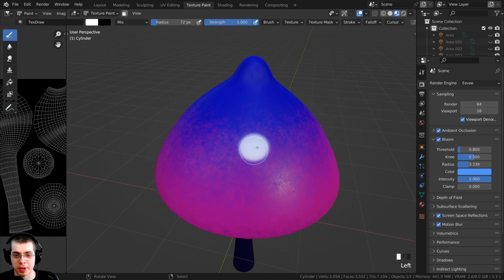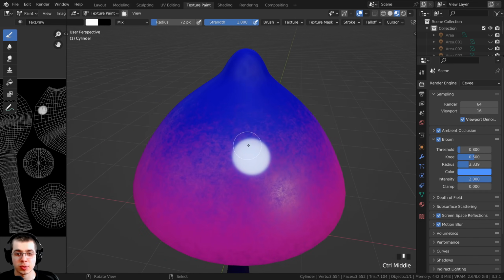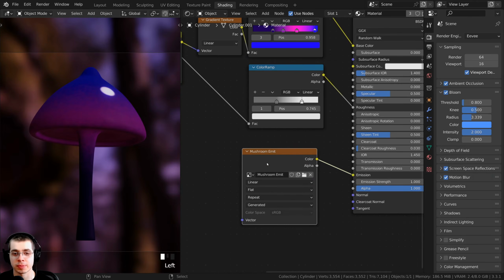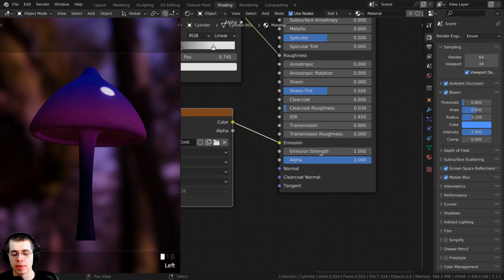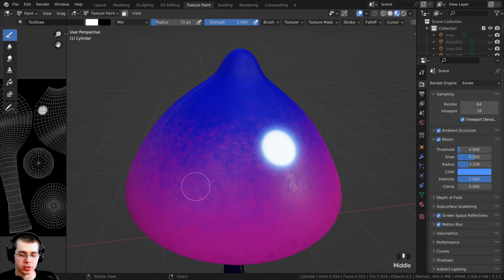So I can now just start to paint, and you can see it's actually painting emission. Now it's a little bit hard to see and I do want it to be a bit brighter. So I'm going to click right back over here to the shading workspace, and you can see right here that there is an emission strength. Right now it is set to 1, so it's not actually that bright, but I could turn the emission strength up maybe to a 4, and now you can see it's much brighter and the bloom effect is more visible. So I'm now going to go right back over here to the texture painting workspace,